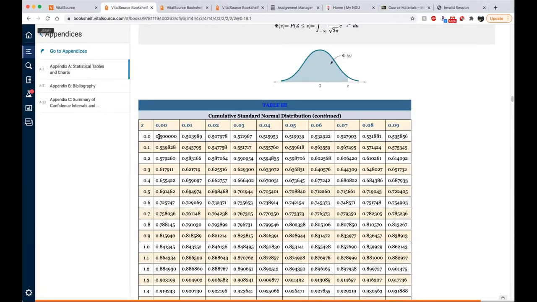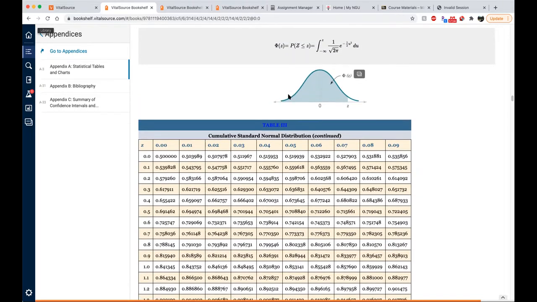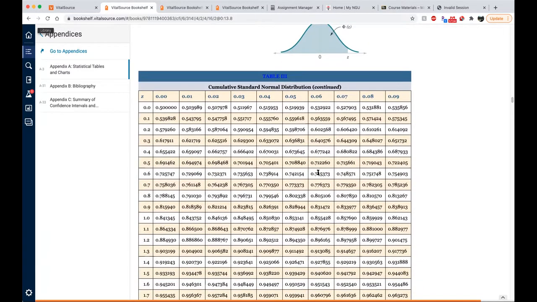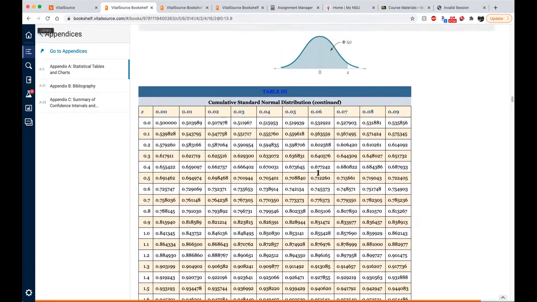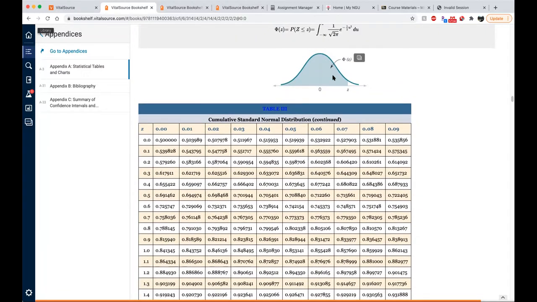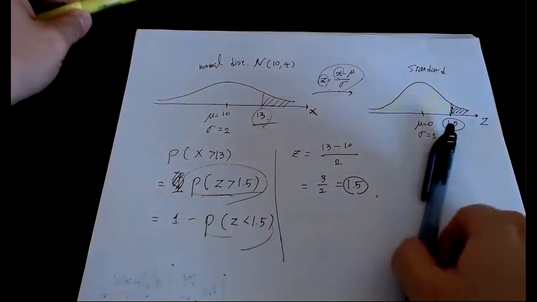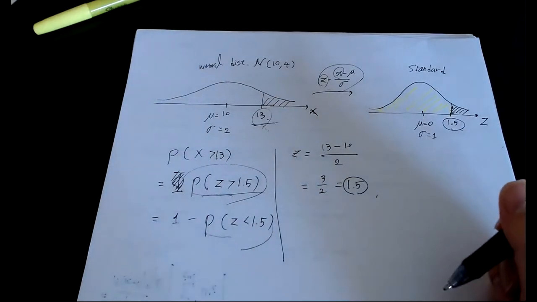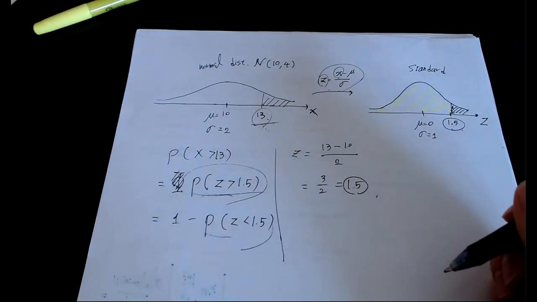This is the area from negative infinity to 0, and the next one is the area from negative infinity to 0.01 under the graph of the standard normal distribution. Okay. You see that? So using the table, you can figure out the area under the graph of the standard normal distribution from negative infinity to a certain z value. But if you use the calculator, then you can simply figure out